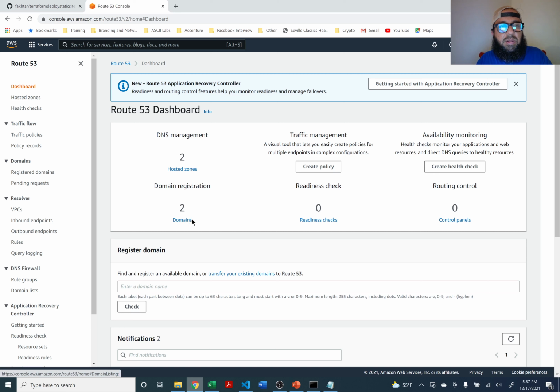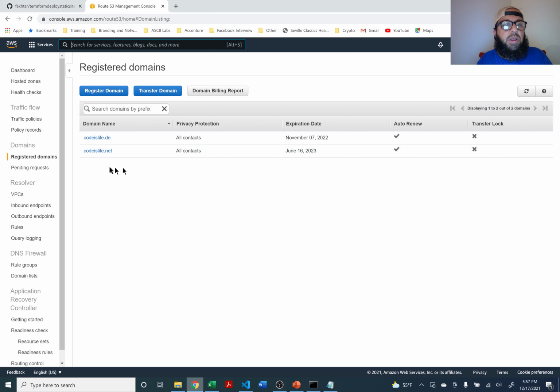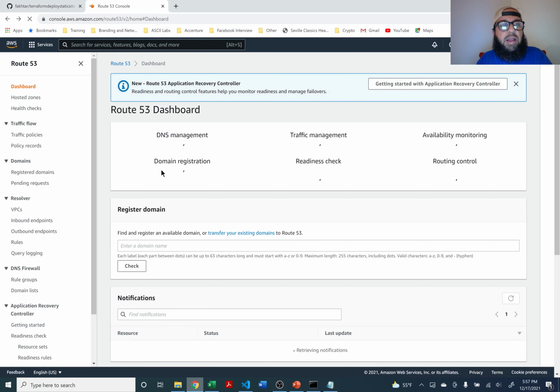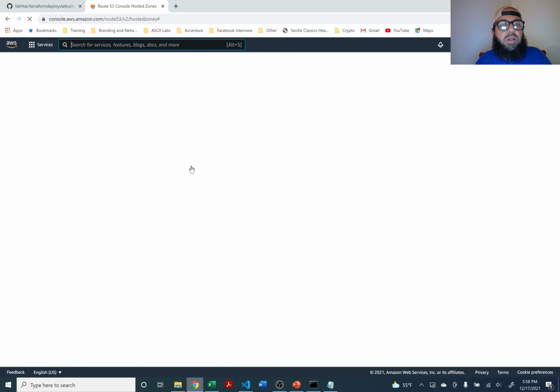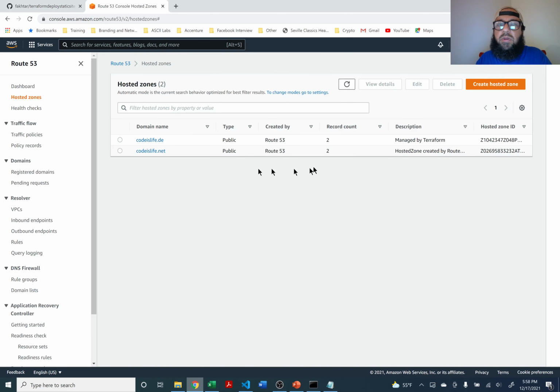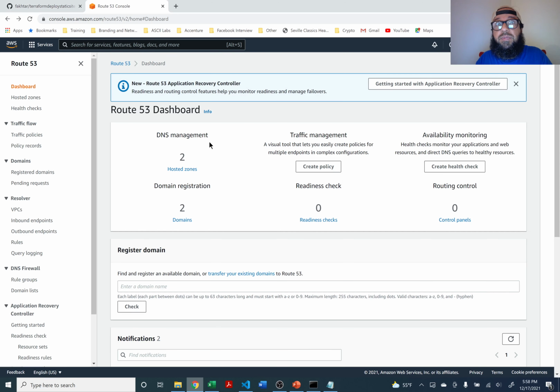But I have two domains currently that I'm managing within Route 53. One is called codeslife.net. The other is called codeslife.de. And within AWS, I have a Route 53 managed zone, which is this hosted zone right here. And all the records for this codeslife.de Route 53 domain are going to go into this. So what I recommend you do, if you're going to follow along in this video yourself, before you begin,